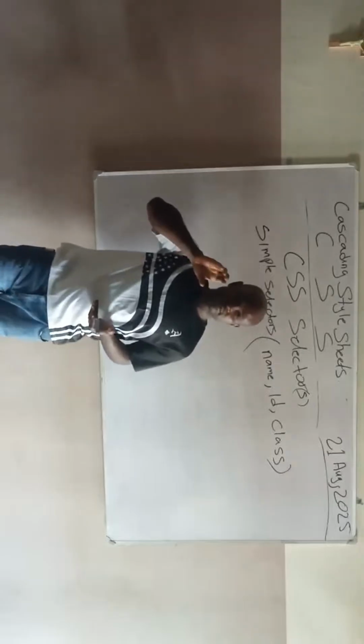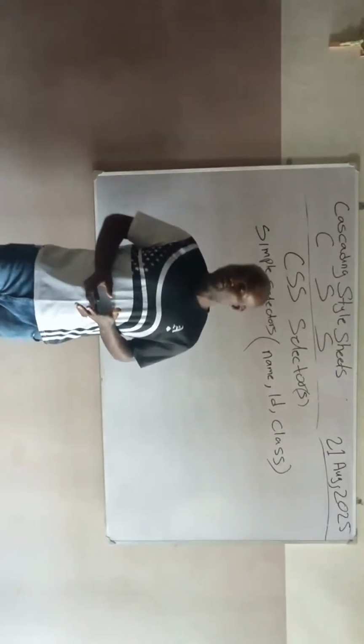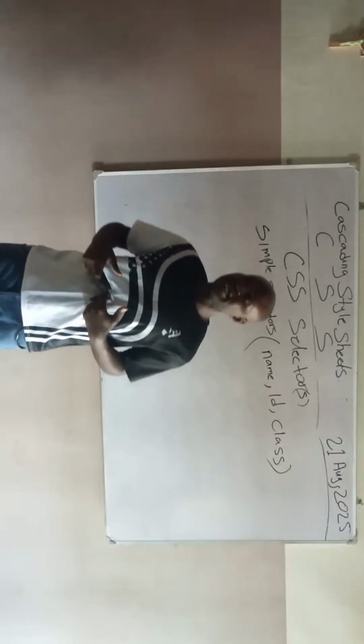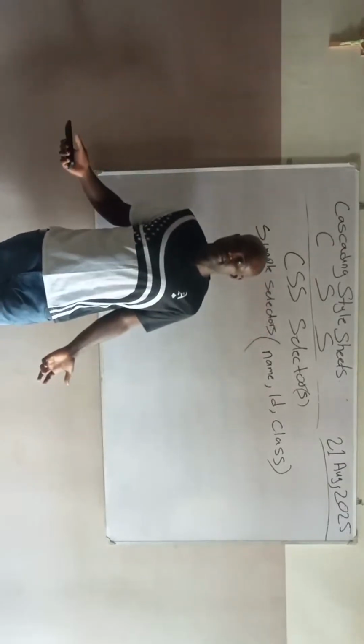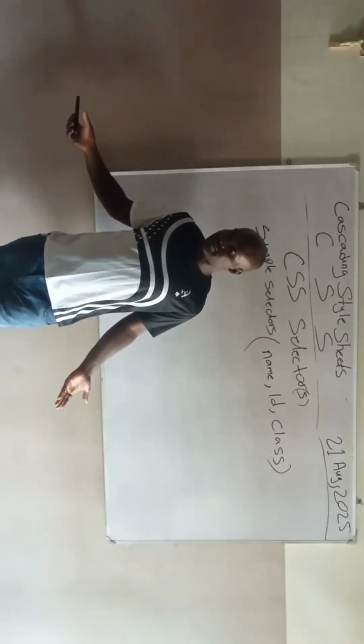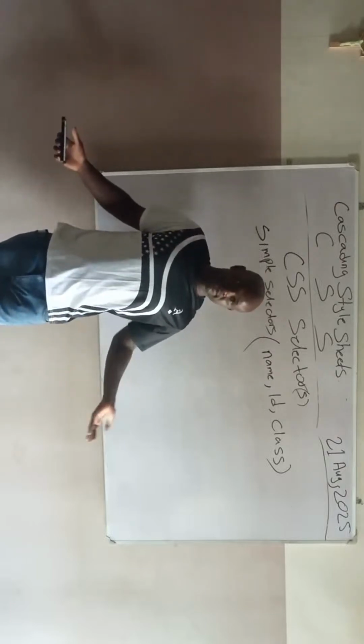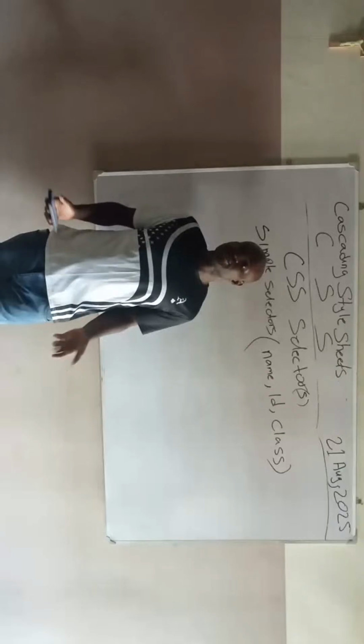Which means I have a brother and a sister, right? This one is my what? Brother. This one is my what? Sister. So I am selecting based on a specific